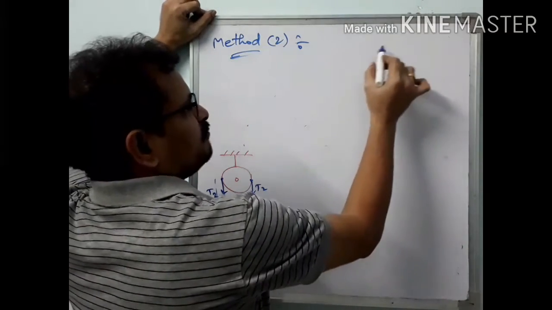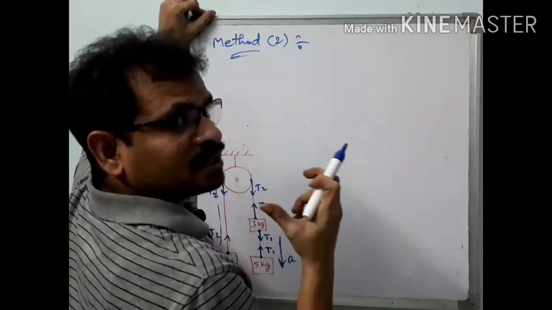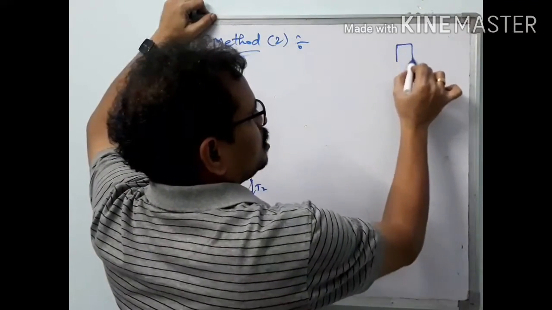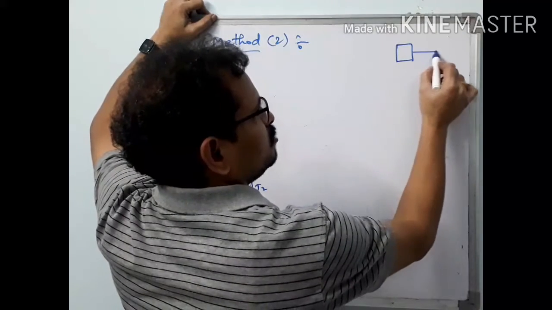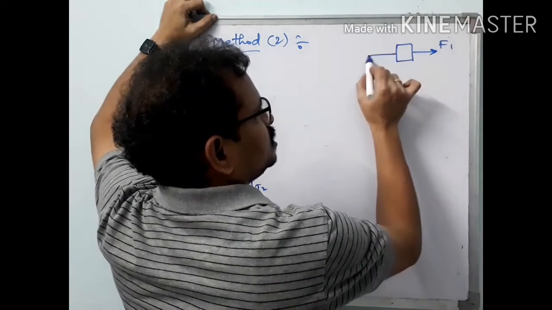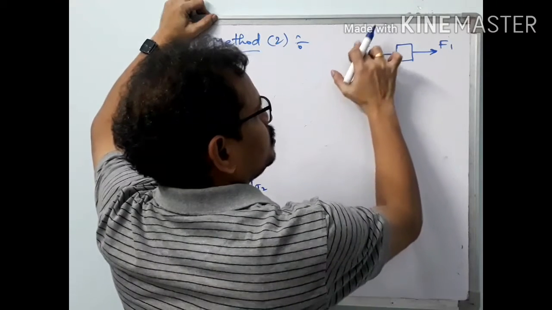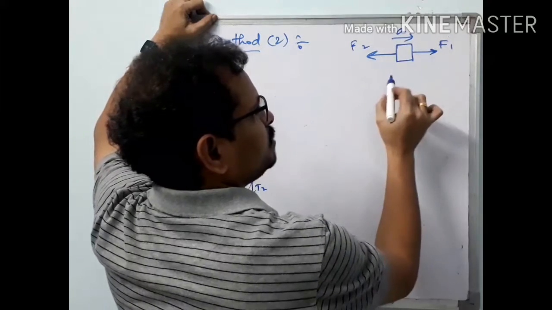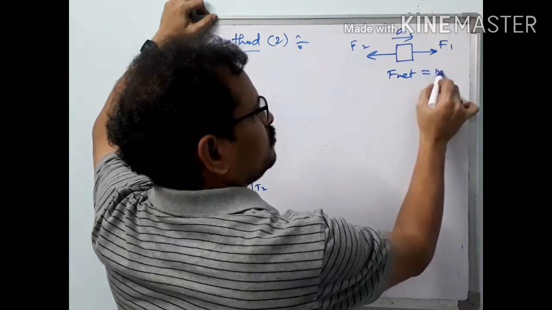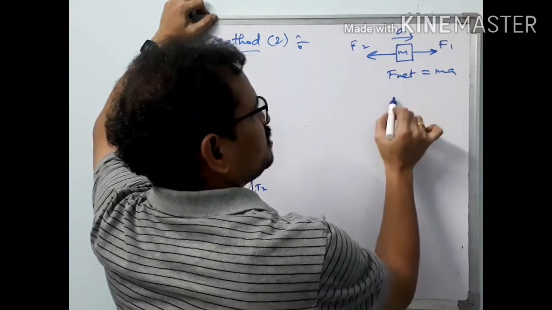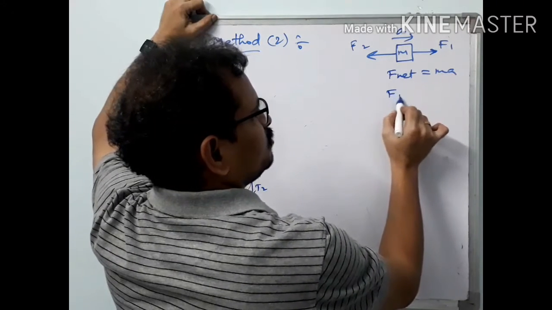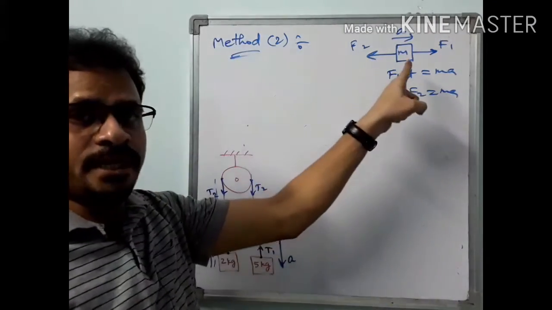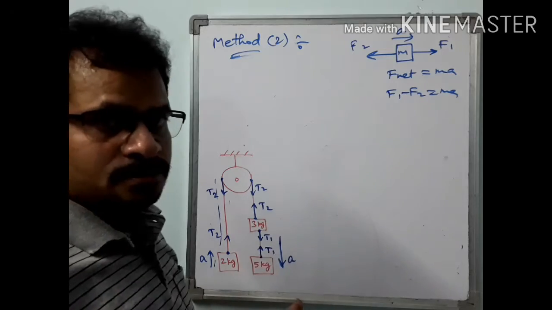now what we have to draw after choosing the system? Generally, we draw the forces acting on the system. Suppose we choose a block like this, a force F1 is acting rightwards, a force F2 is acting leftwards, and suppose it has acceleration rightwards. From here we write F net equal to ma, where the mass of this block is m. What is F net here? F1 minus F2, so F1 minus F2 equal to ma. Same as what we did there, that will be done here also.